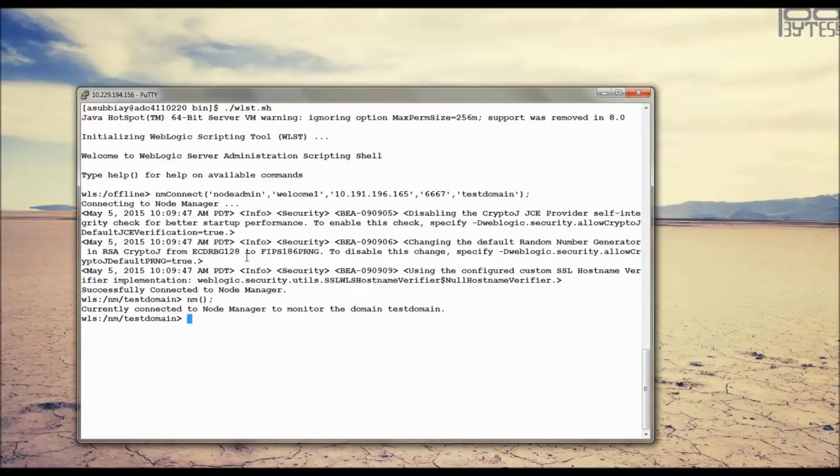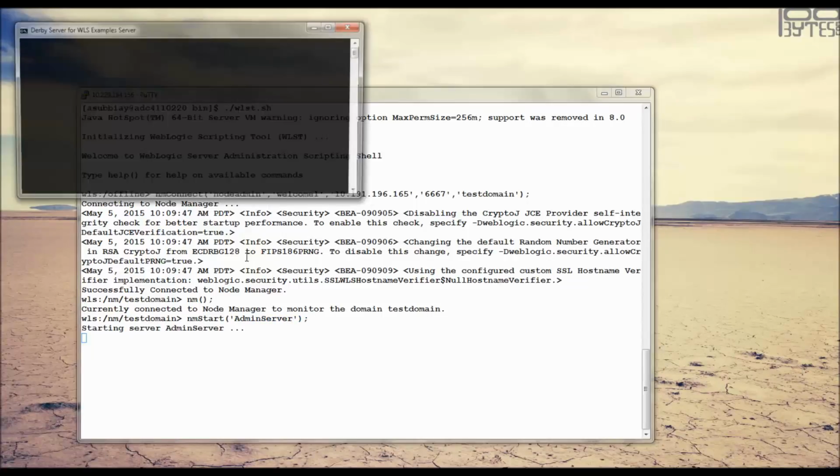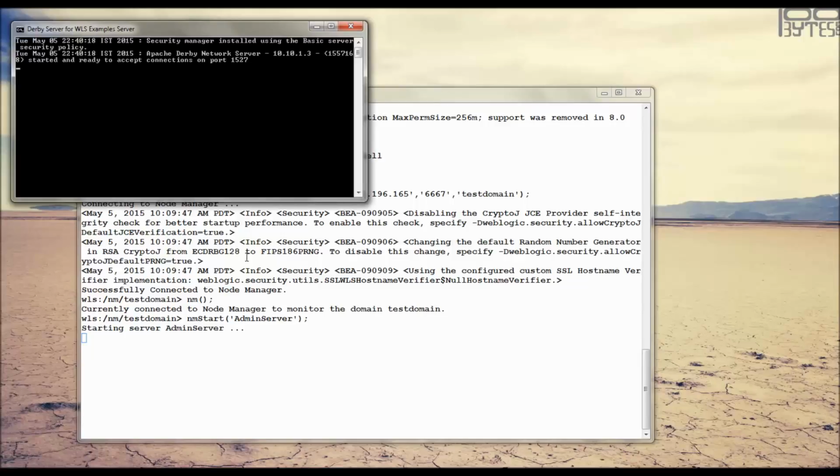Okay, now we'll try to start the admin server. We have just issued a command called nmStart, where I passed the server name AdminServer. In this case my server name is AdminServer. Suppose if your server name is